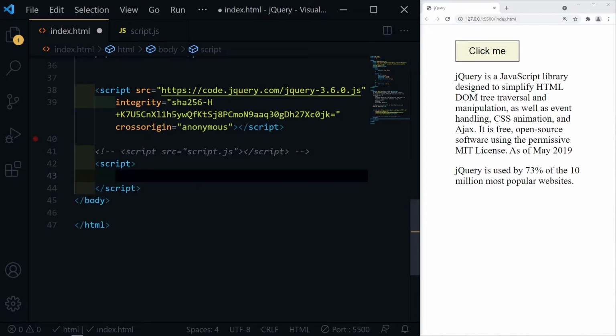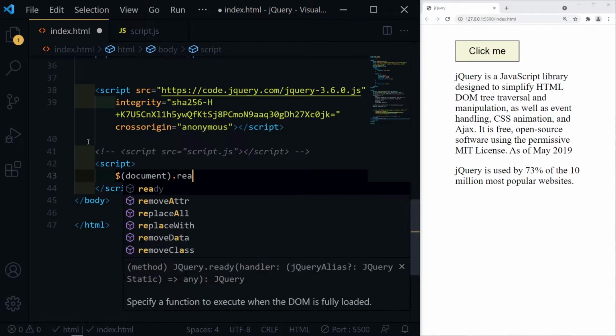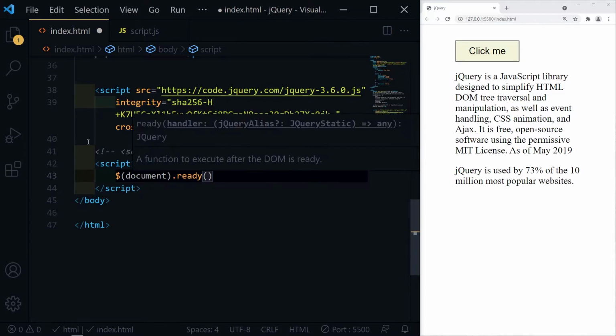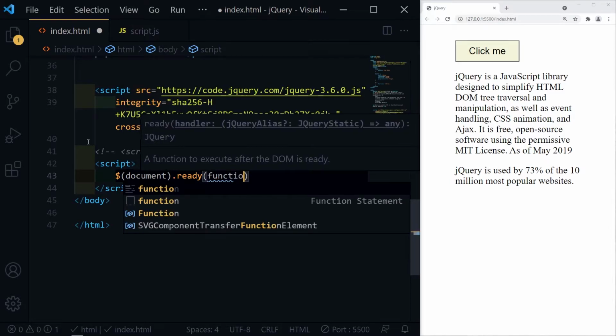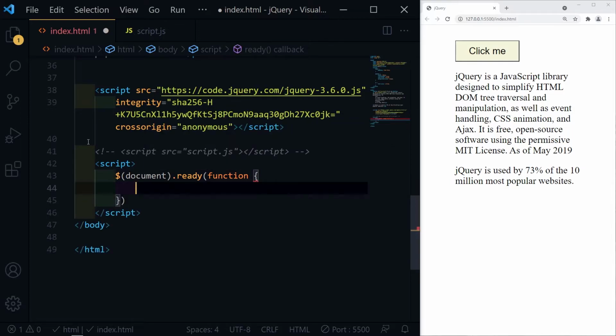The jQuery methods are always written inside document ready event. This is to prevent any jQuery code from running before the document is finished loading.